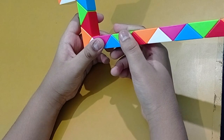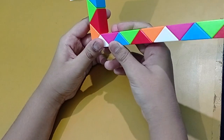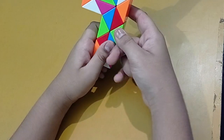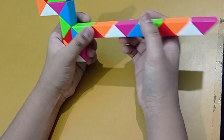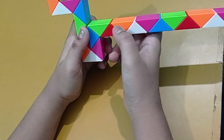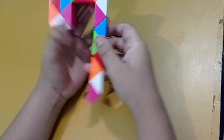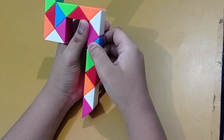and move the next one. Count two blocks from it and move the third one. Then count three blocks from it and move the fourth one. Then count two blocks from it and